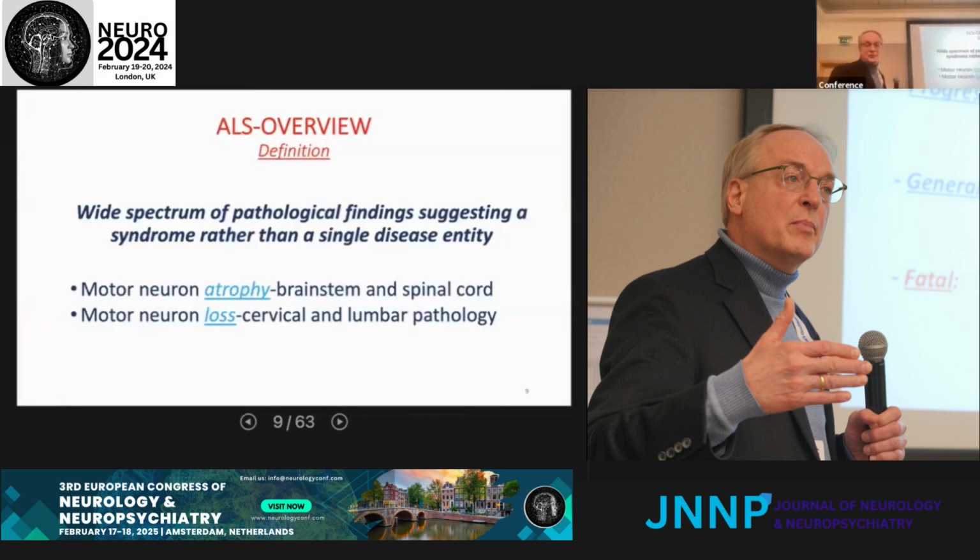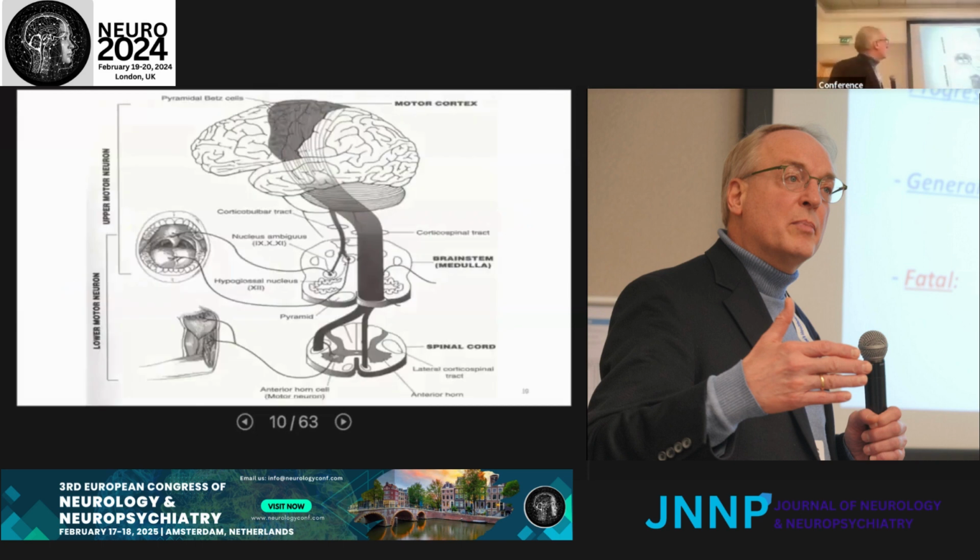So it's a wide spectrum of pathologic findings, suggesting a syndrome rather than an individual disease state. We see motor neuron atrophy, typically within the brainstem, affecting bulbar musculature, and in the spinal cord affecting the arms and legs, or motor neuron loss. This is a schematic, not to spend a lot of time on, but it just kind of walks through